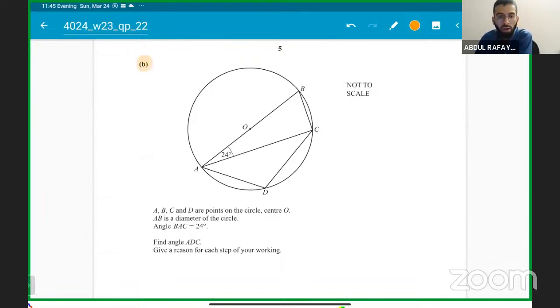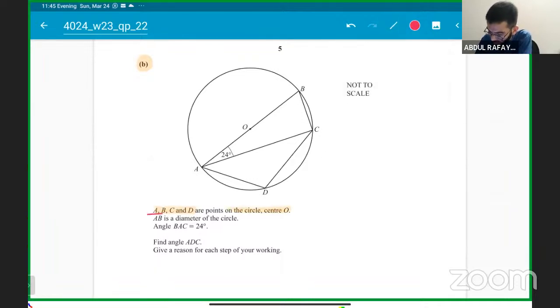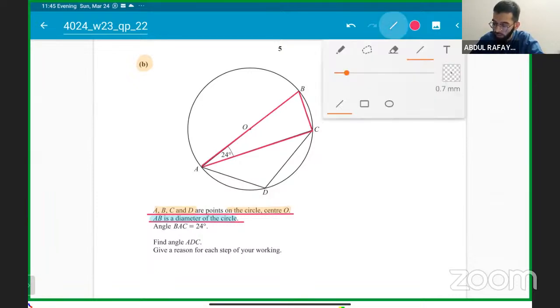So part B, it will be that, sir, A, B, C and D are the points on the circle with center O. With enough practice, you should understand after reading the second statement. As soon as you read the second statement, as I read the second statement of this question, I got a hint in my mind that sir, AB is the diameter of the circle. This comes from practice. If AB is the diameter of the circle, which means that this angle is going to be 90 degrees, because whenever we have a diameter and the other 2 points are on the circumference,